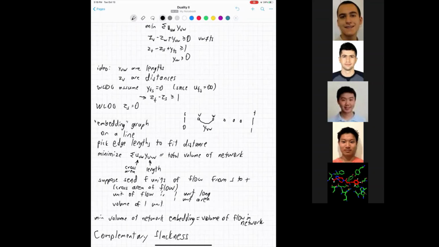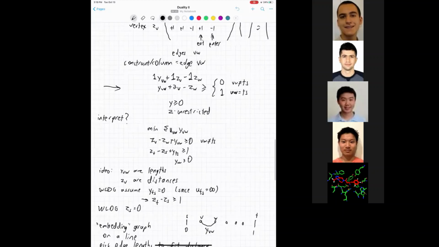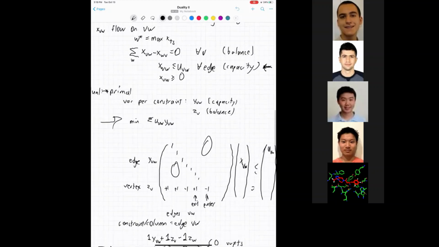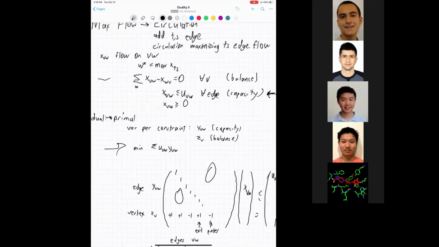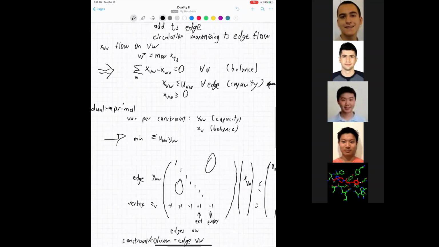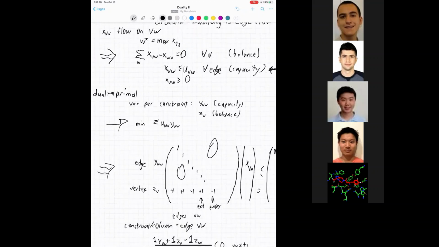Well, the flow is the solution to what I call the dual linear program, right? The solution to this linear program is the max flow. And the primal linear program that I wrote over here tries to minimize the volume of the network. And again, we basically have a physical argument for weak duality. If I give you some embedding of the network, which has a certain volume,